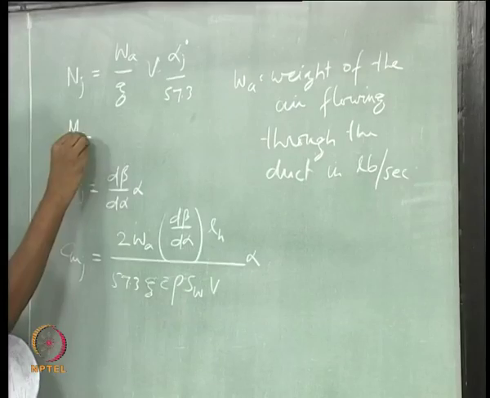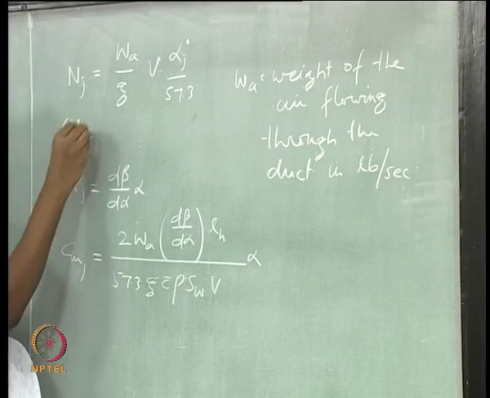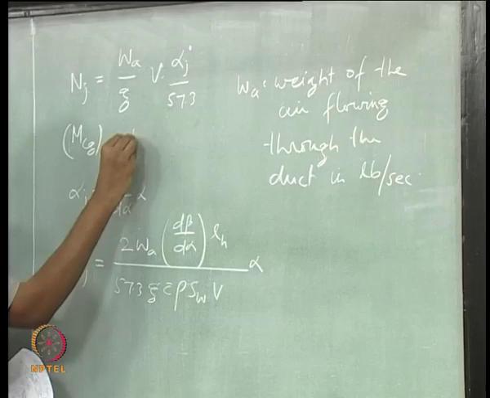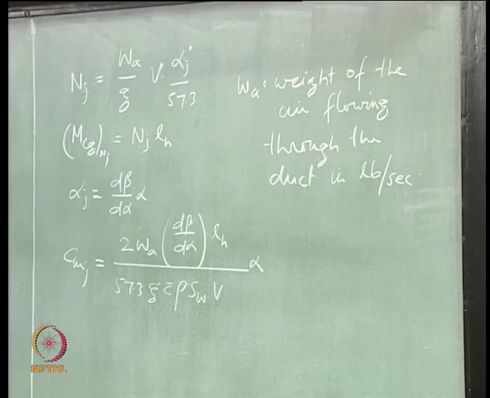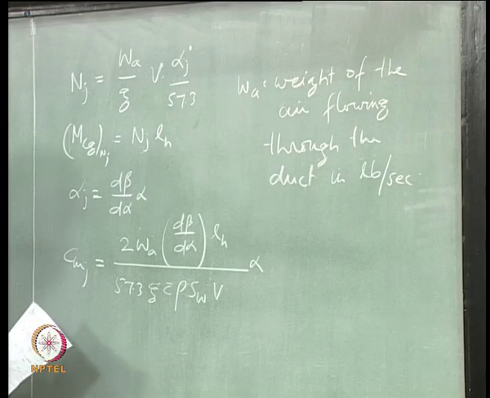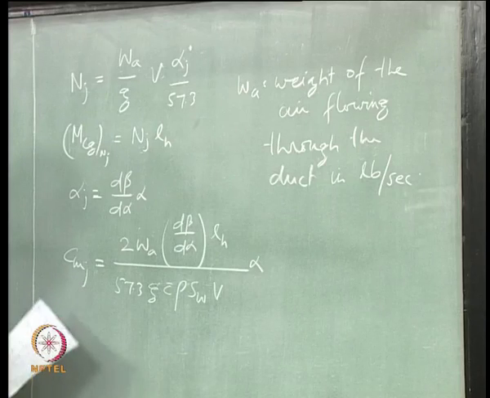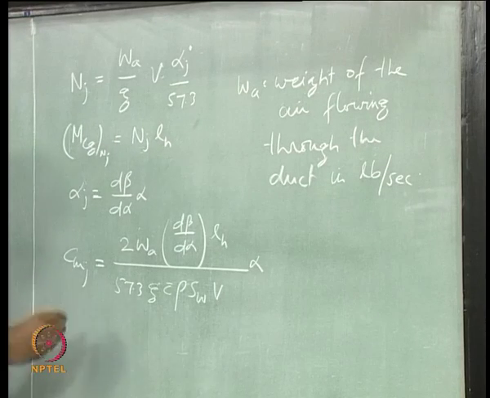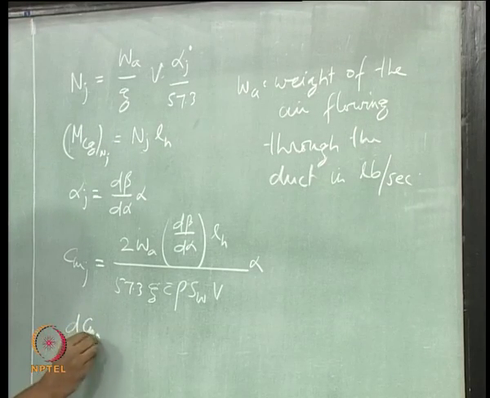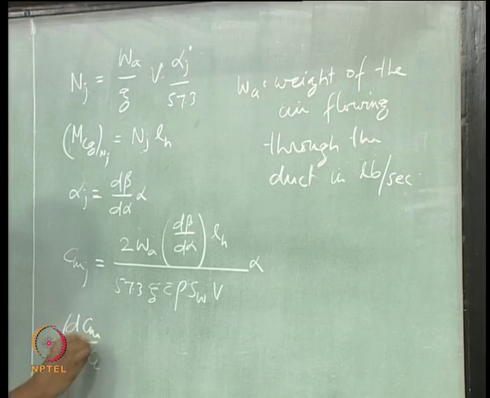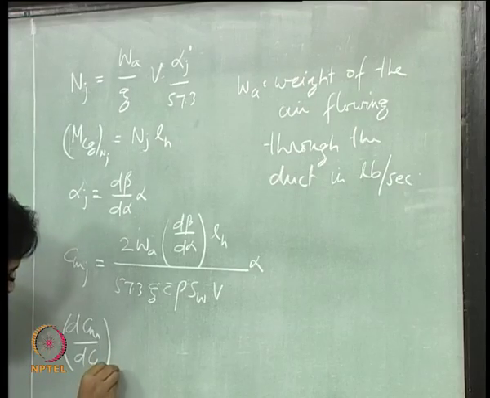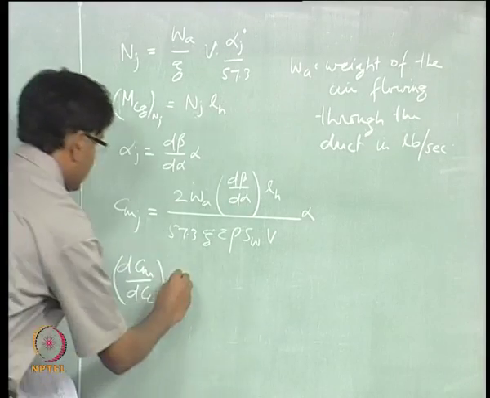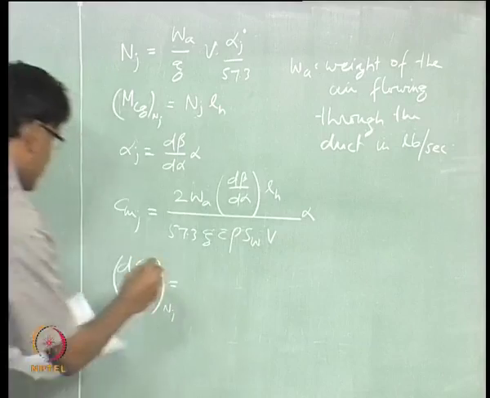So moment about CG due to this normal force is going to be, and this is positive, right? It's pitching up. Okay. So finally, what we want to find out is this quantity, right? So the jet inlet effect is